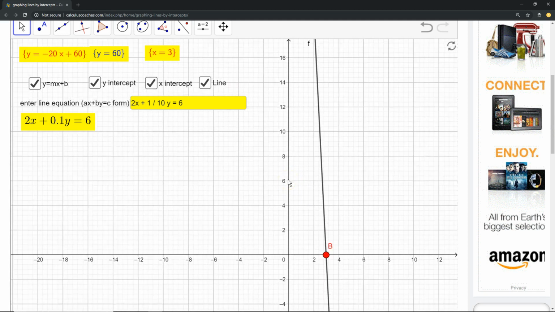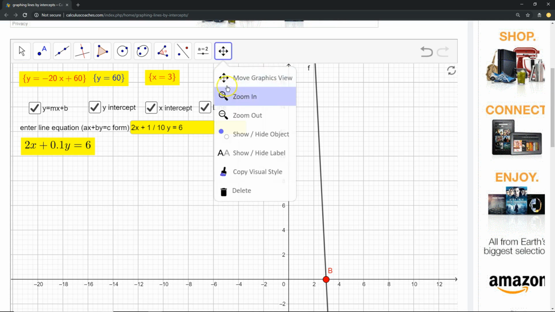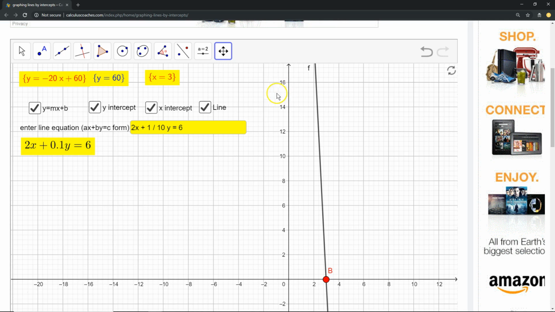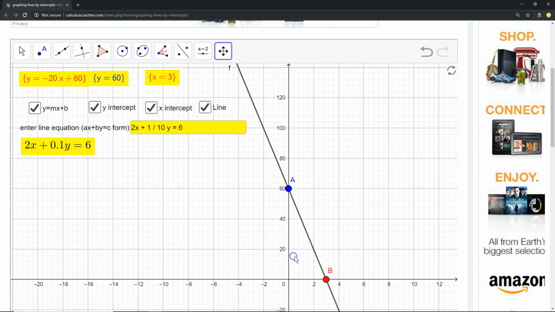Or the other option is click up here on the toolbar, right here on the 4 arrows, and you see where it says Move Graphics Window. Select that, put your mouse over the vertical axis until you see a double-ended arrow appear, and then left press and then pull down. And it's going to rescale it for you, you see, nicely, so that you can see both of